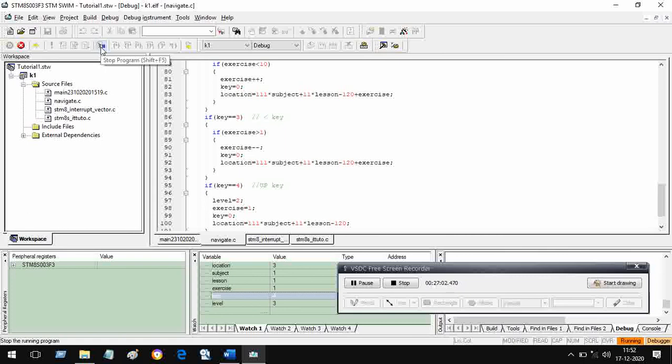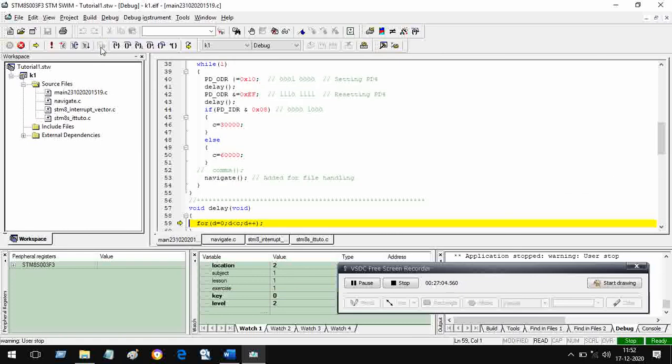and stop. So you can see from level 3 you have now moved over to level 2, and location has become 2, subject, lesson, and exercise, everything has become 1. Subject was 1, so that is not an issue. Lesson was 1, that is not an issue. And now you have gone to level 2, which means what?